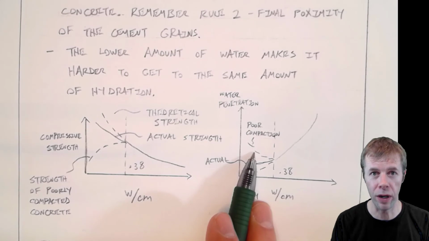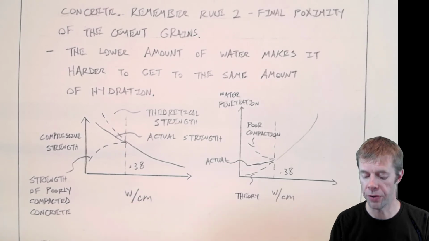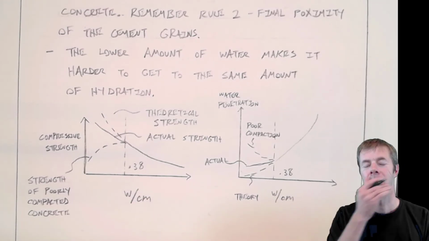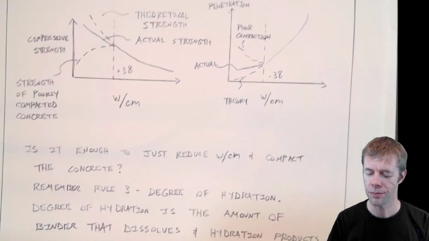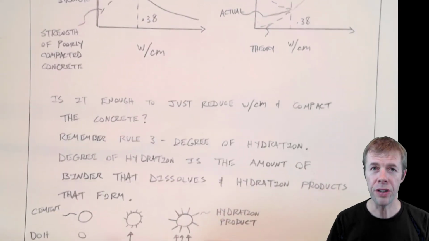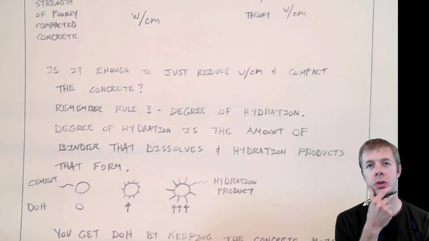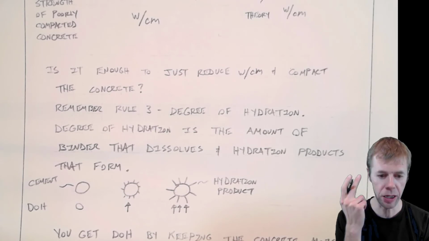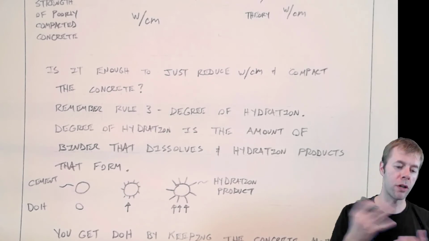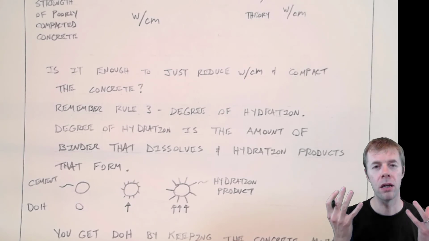Because think about those big voids. Think about how easy it would be for outside fluid to get into our concrete if we had a bunch of big voids in it. So here's a good question. Is it enough to just reduce the water cement ratio and compact the concrete? I mean, theoretically, if we reduce the water cement ratio and we compact it, we should be there, right? Remember